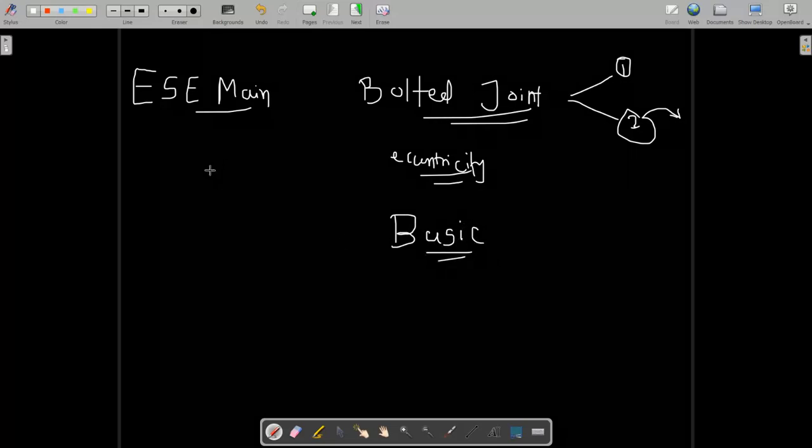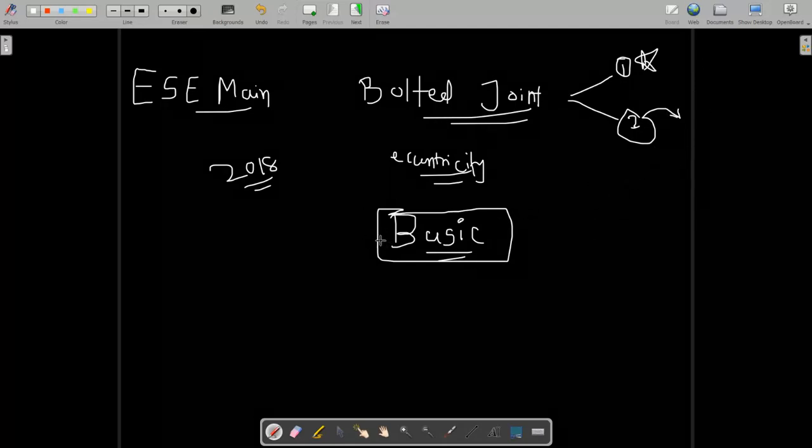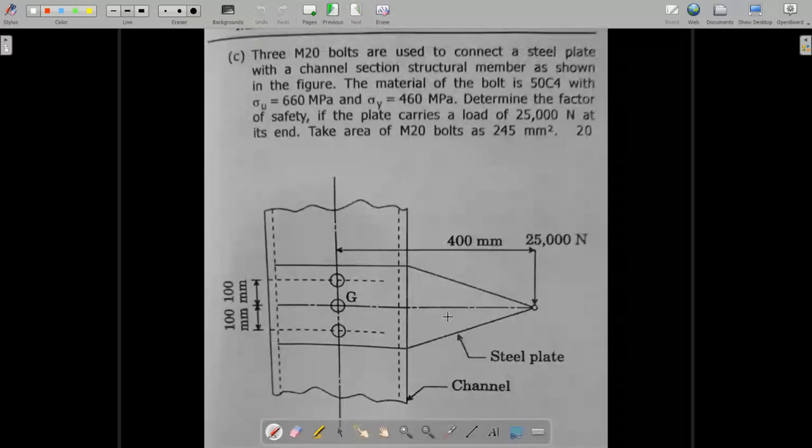This question was asked in the 2018 mains exam, so today we will solve it. Some who know how to solve it may ask why this silly question, but before going to a higher level, we have to know the basics. Then only can we solve advanced level problems. So today we will solve a basic question, and then move one level up, with more bolts or more complexity, in an upcoming video. So let's start today's video.